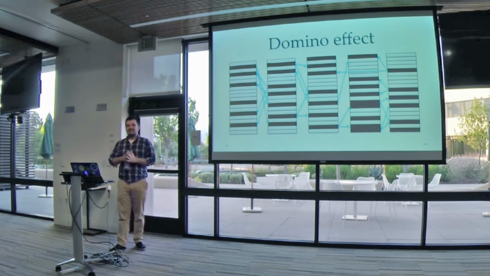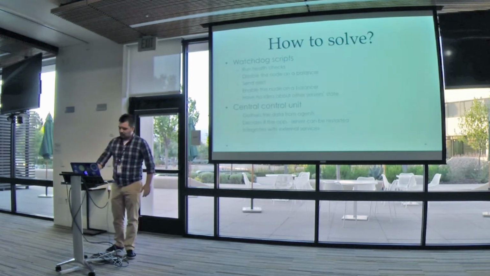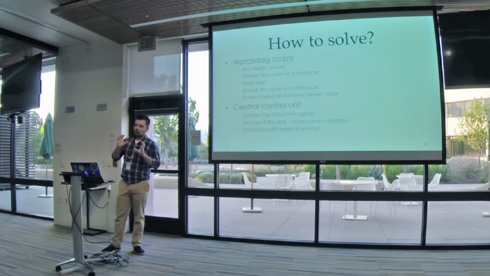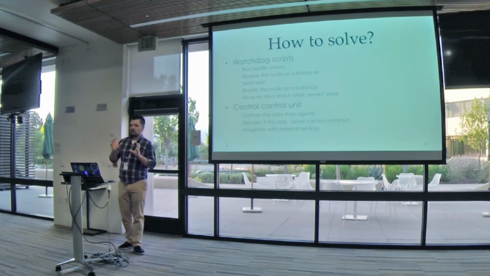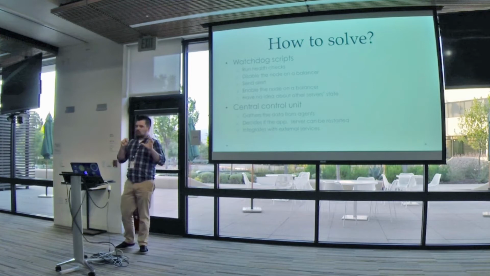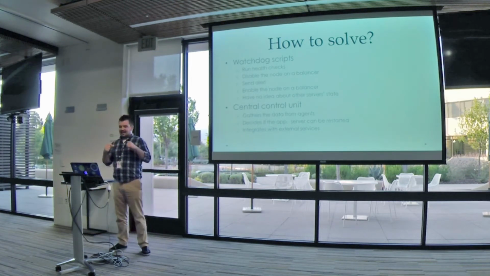So you need to introduce something more complicated which will be aware of your site state. Thus, we need to introduce a thing called a central control unit. Thus, your watchdog scripts or agents will need to gather the information about your systems, disable a node or isolate it on a balancer, perform fixes such as, for example, restart your application server, send an alert, or send a message to central control unit, and then they're supposed to wait for permission to perform